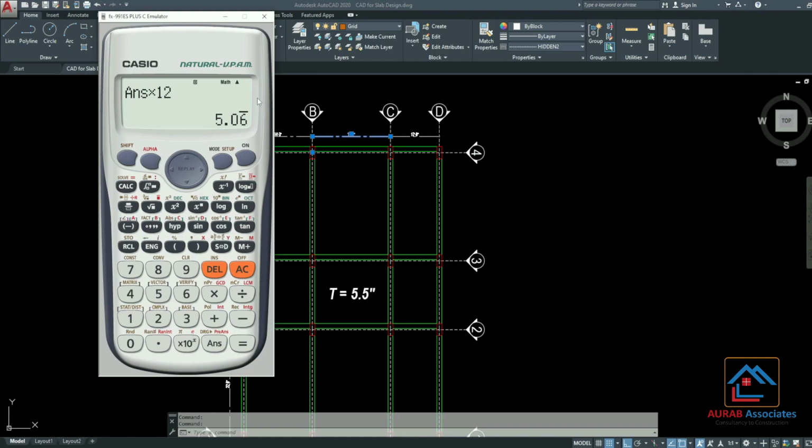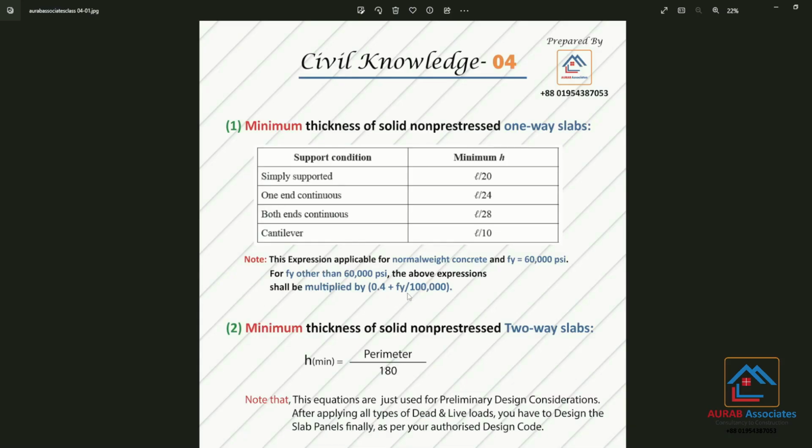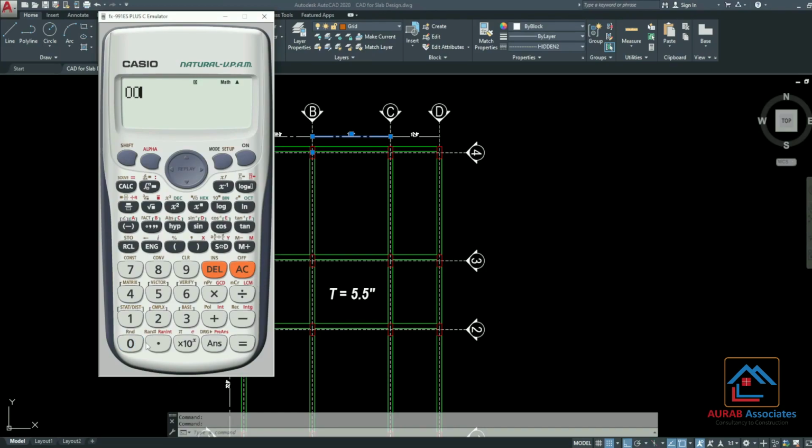But in this tutorial, we are interested to use 500 W steel. That means 72.5 gauge steel. As a result, we have to multiply this value with 0.4 plus Fy divided by 1 lakh. Let's calculate 0.4 plus Fy, that is 72,500 divided by 1 lakh.